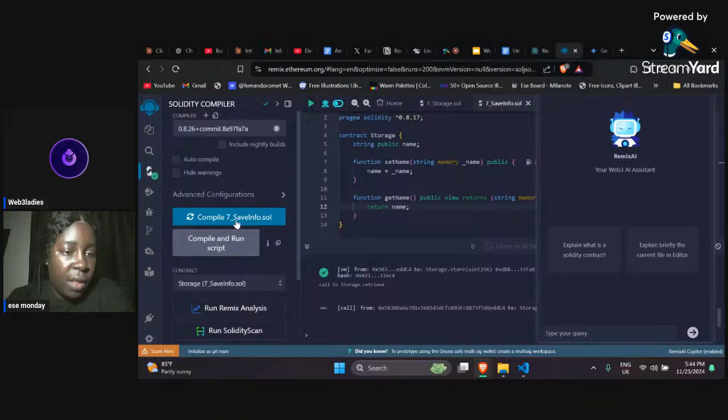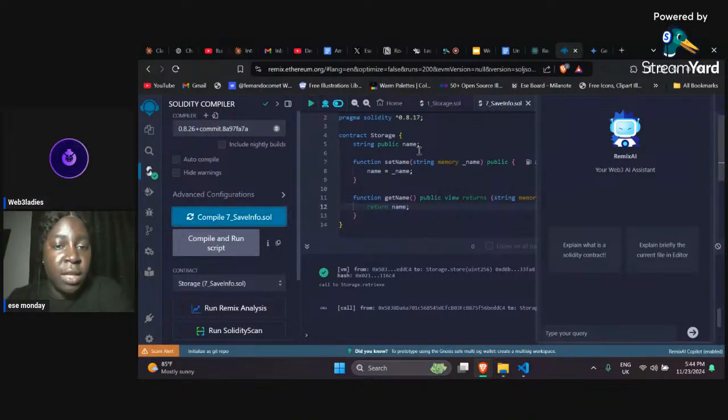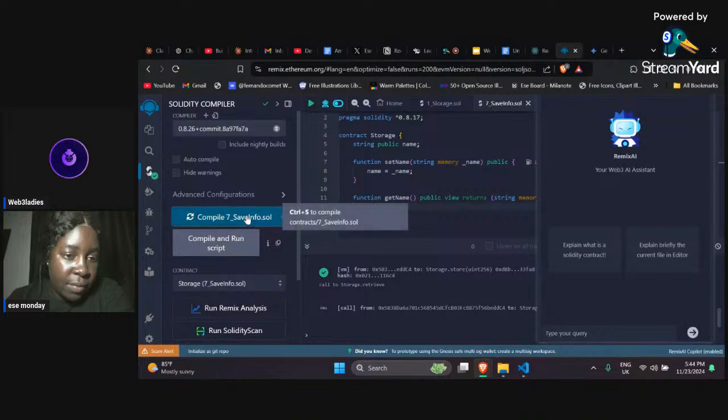you should see something called the application binary interface. Basically it is a JSON piece of data, and it contains information about the smart contract, like the variables that are present in the smart contract, like the variable name here. It contains functions and how to interact with them. For example, in this smart contract, we have functions called set name and get name. So if you go ahead and compile this,